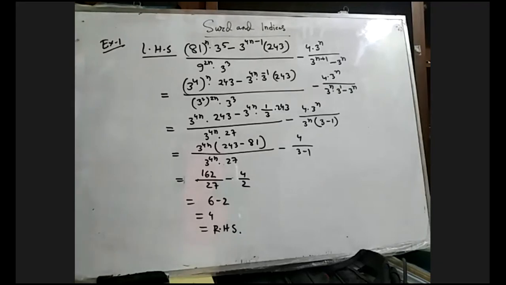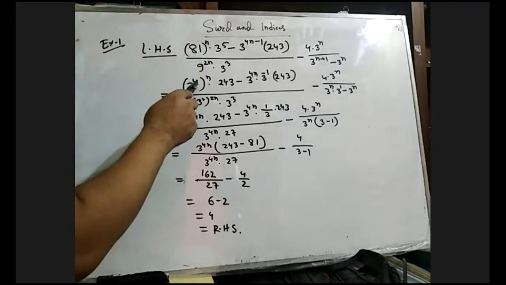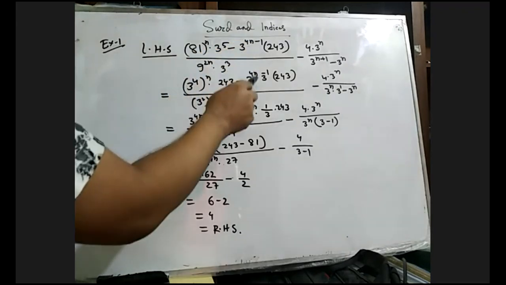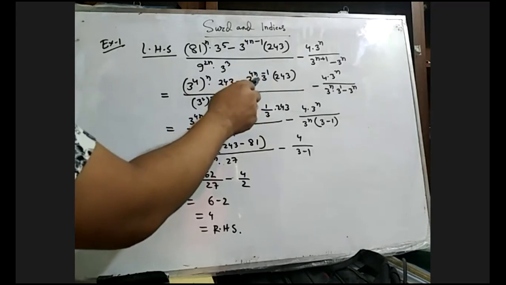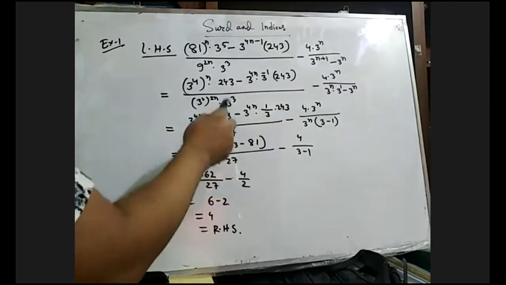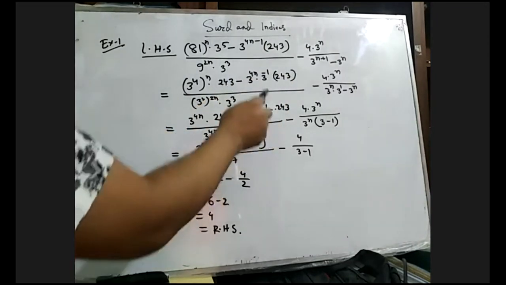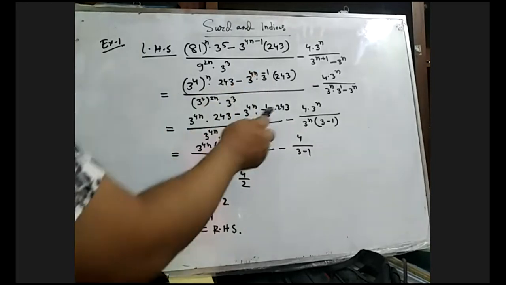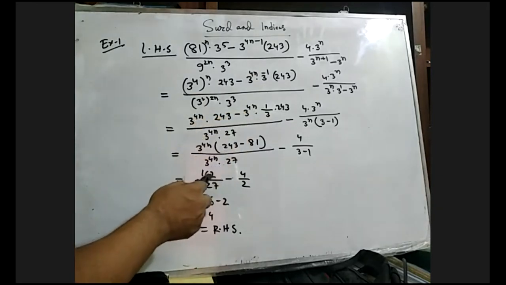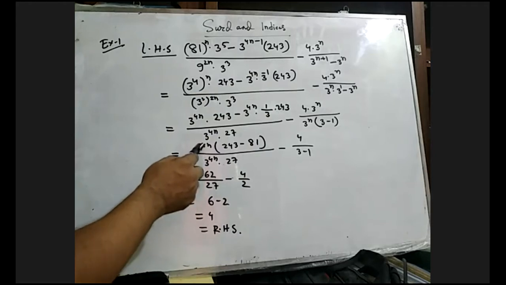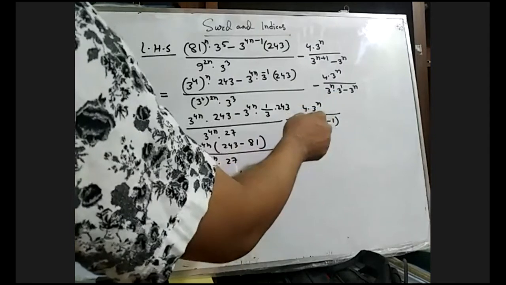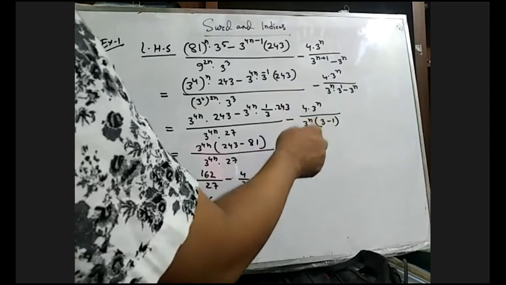So we are just breaking this 81 to 3 to the power 4, and 3 to the power 5 means 243, and this 3 to the power 4n into 3 to the power minus 1, according to the sum rule of indices. So 243 will be the same, but here 243 by 3, 1 by 3 to the power minus 1 means 1 by 3. 243 by 3 means 81. Then 3 to the power 4n will be common, so we get only 162 divided by 27, because 3 to the power 4n and 3 to the power 4n will be cancelled. In the second part, 3 to the power n and 3 to the power n will be cancelled. So very easy for you.